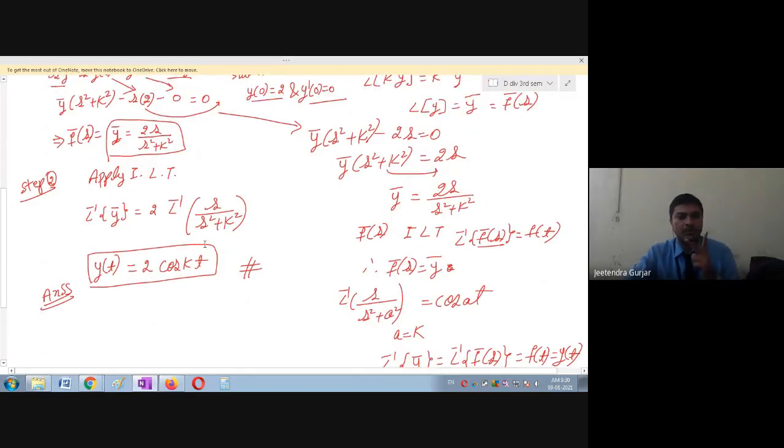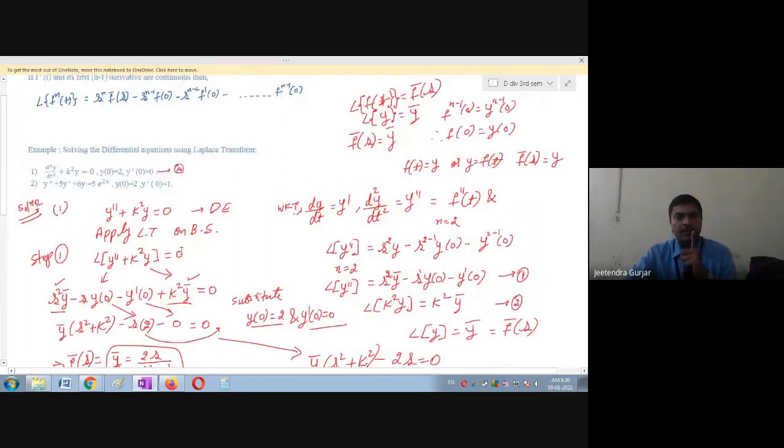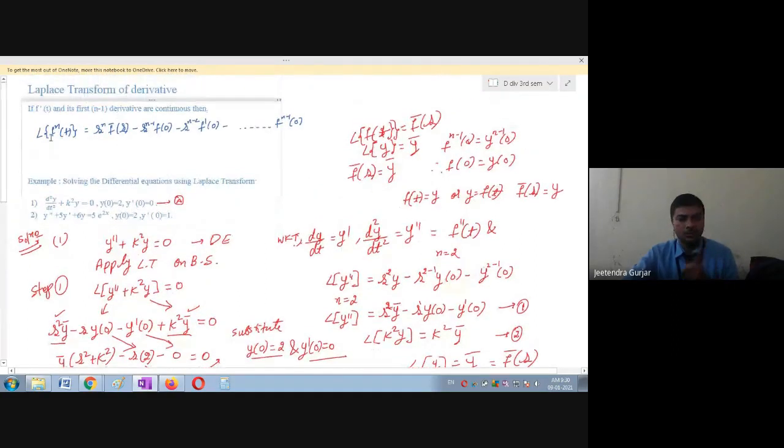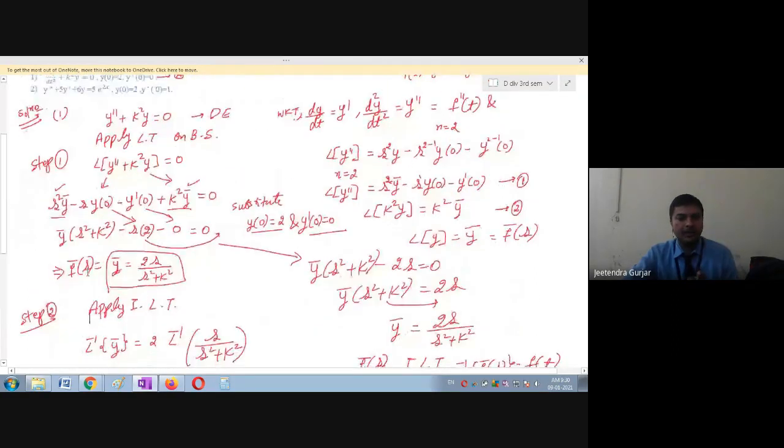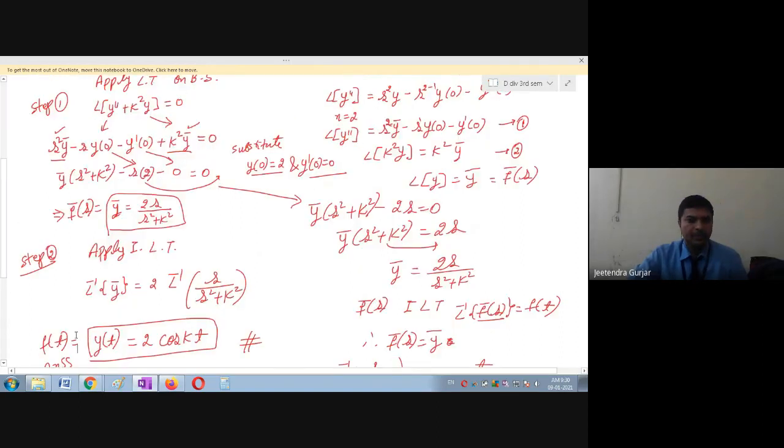So remember only 2 steps. First step, whenever a differential equation is given, apply Laplace transform, use this formula and get back f dash of s. Is it clear? Then applying inverse Laplace transform, you can see this is f of t. So only 2 steps you have to remember. Is it clear? Any doubt? Yes, students, will you solve the next example?